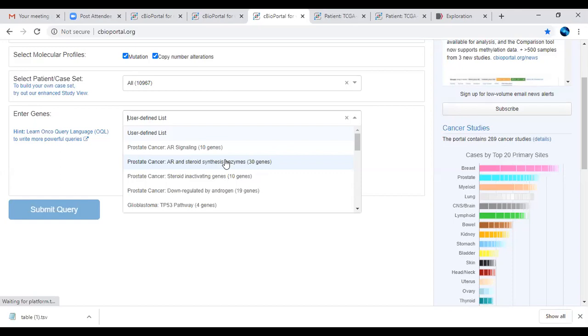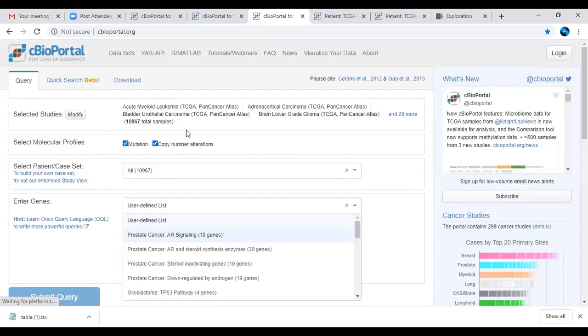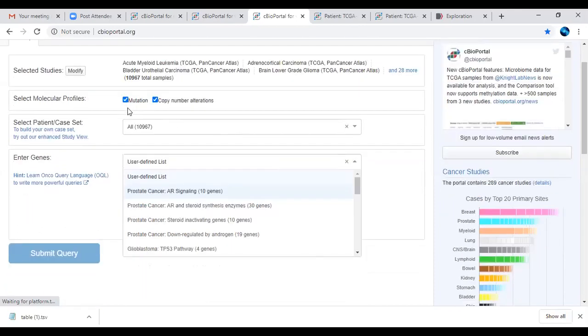So this is nothing but using a particular platform and getting more and more data sets in a single platform, so that a user can use this single platform and analyze the selected data sets of their interest. What I'm talking about here is that I have selected a number of cancer types, that is the TCGA Pan-Cancer Atlas, and the data will be annotated based on mutation value and copy number alterations.